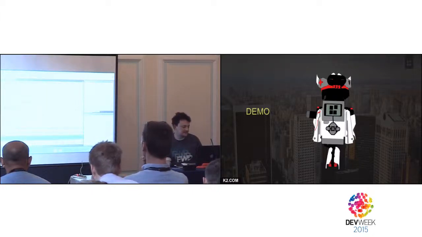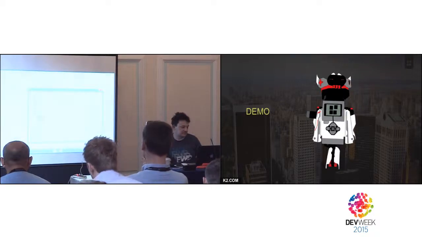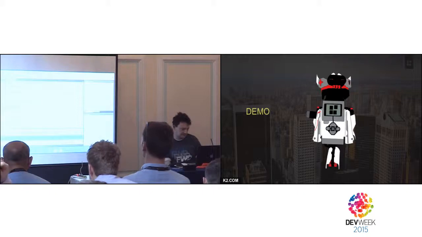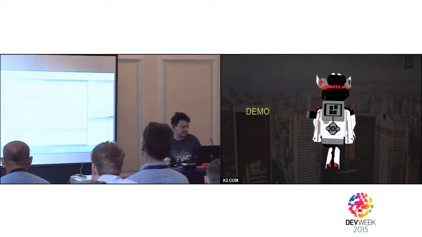So for K2 to interact with these, we have something called a smart object. And this is what I did earlier. I'm going to go and find that. And all I've done is just called all these methods in here, my blink LED, monitor, and stop monitoring, and called it a little bit.